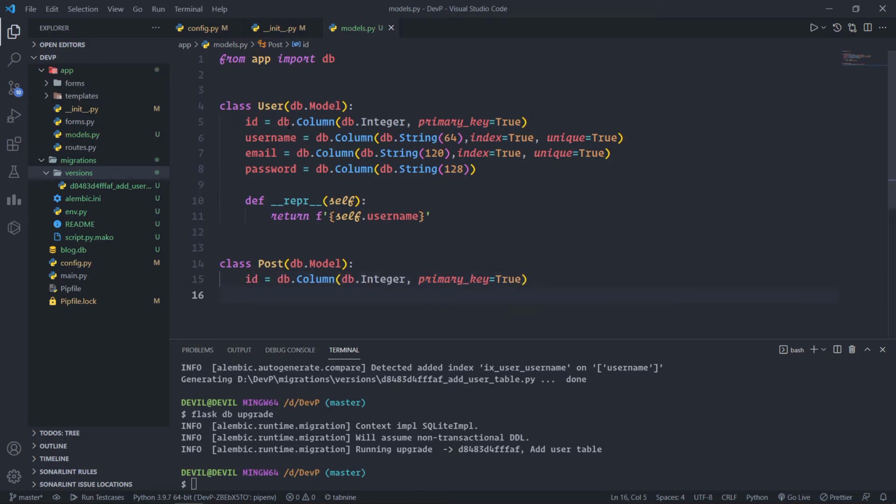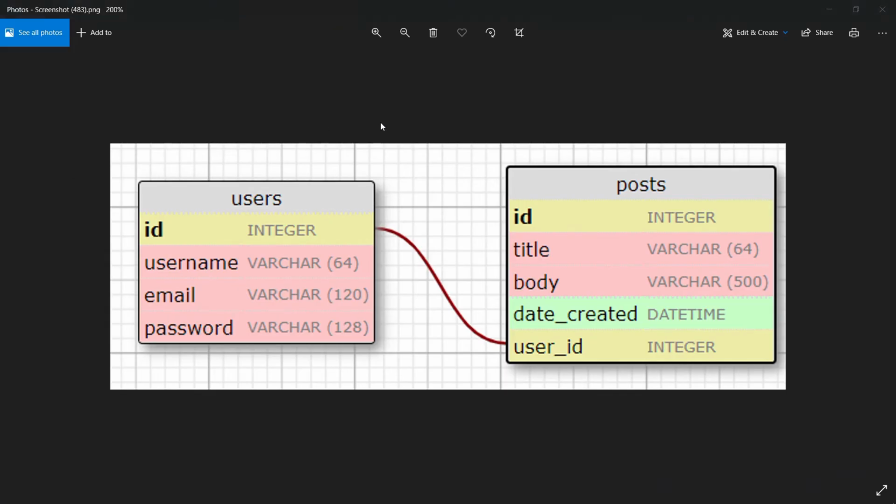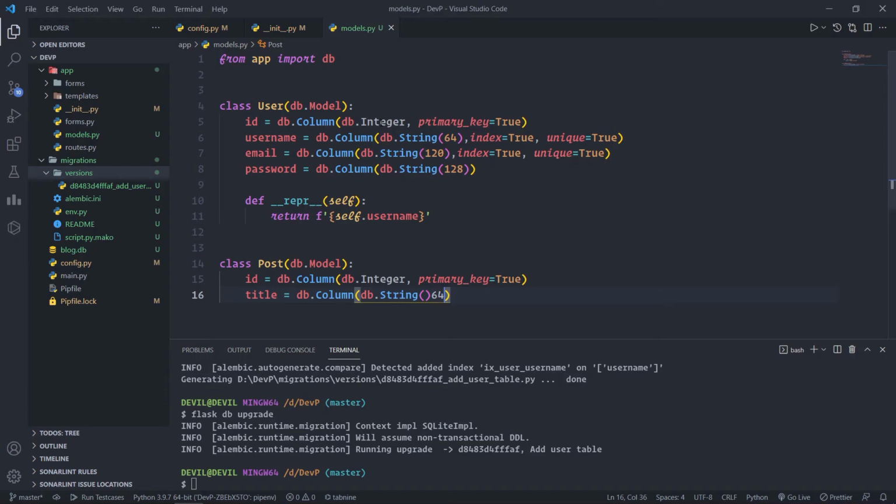Cool. And the next thing is title, which will be db.Column. It will be a string field, db.String, and let us see how much length it was. So 64. Cool.